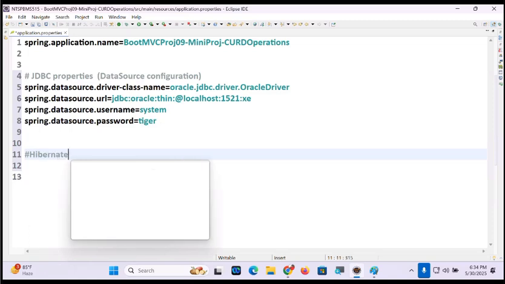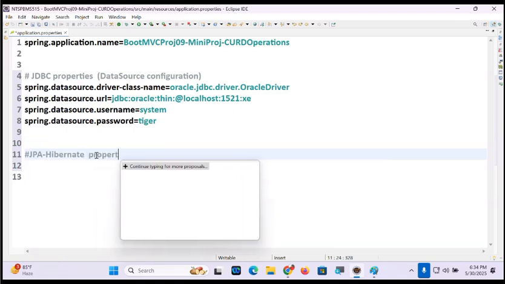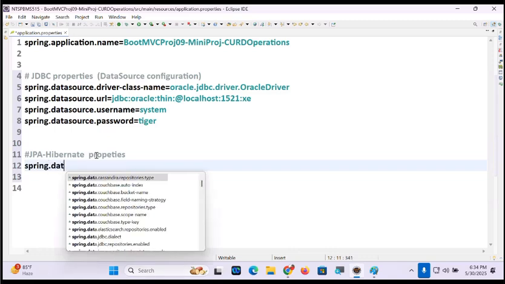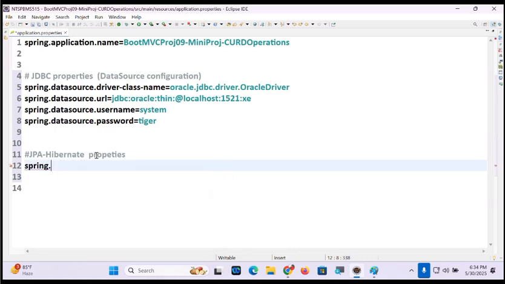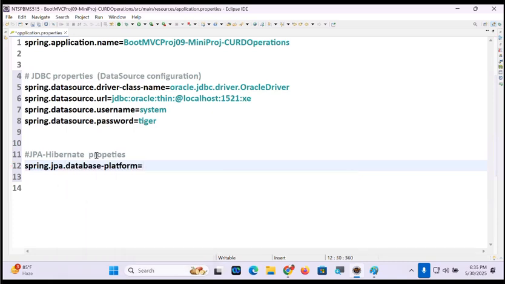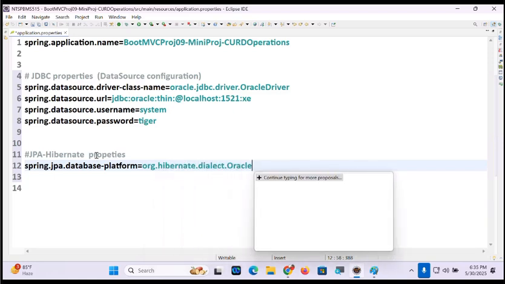Tell me, guys. JPA hibernate properties. Spring dot JPA dot database platform, dialect, guys. org dot hibernate dot dialect dot Oracle dialect.